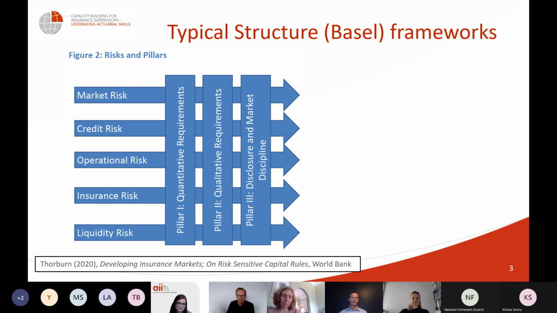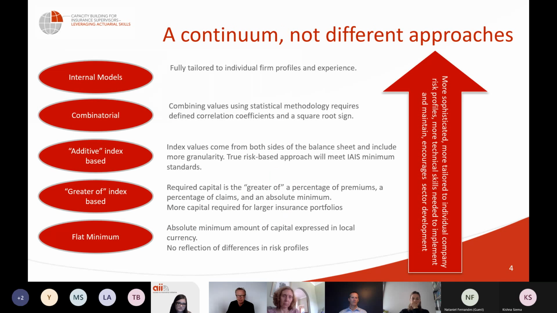Let's just move to the next slide. This is the slide that was the basis of the presentation I gave on the remote process, and it talks about how capital rules in particular are part of a continuum, not just different things floating around in space, but part of a continuum from the very, very straightforward, simple, not very risk sensitive end through to the really sophisticated,